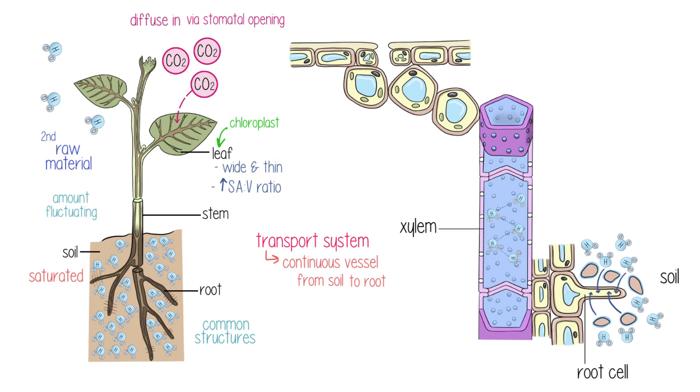These xylem vessels are found within the root, they're found within the stem, and they're also found within the leaves. But their arrangement in all three of these structures varies significantly. But it is the same xylem vessels that are running from the root through the stem and into the leaves. Just because their arrangement is different does not mean that they are separate or different xylem vessels. Those are the same xylem vessels that are continuing from the roots to the leaves.